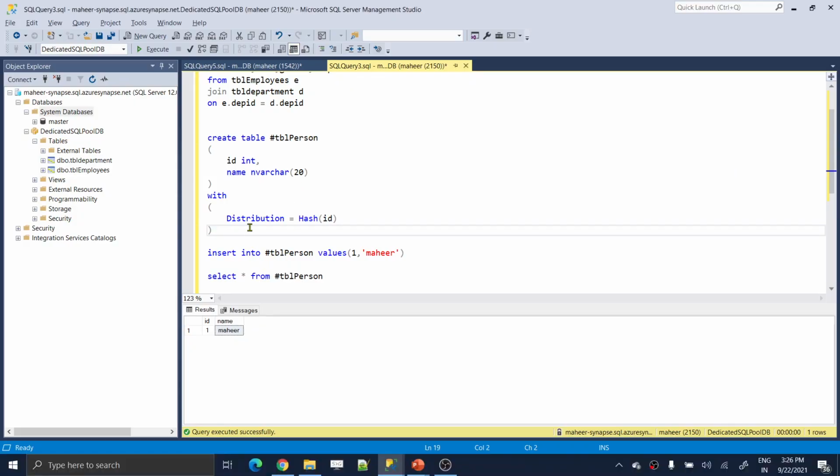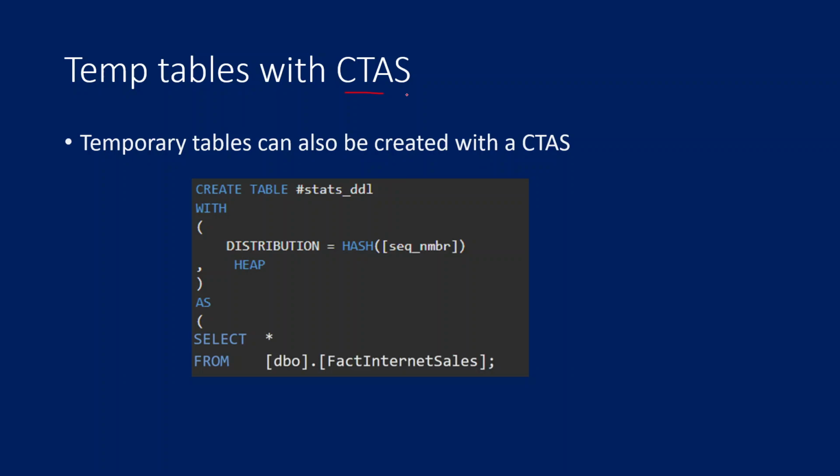Now you have seen creating a temporary table with a normal syntax, but in our past videos we discussed CREATE TABLE AS SELECT, right? That means whatever the output of the select query, on top of that output, if you want to create a table, you can use this CREATE TABLE AS SELECT syntax, that is CTAS. In that syntax, you write CREATE TABLE, then WITH, then AS, and here the select query.